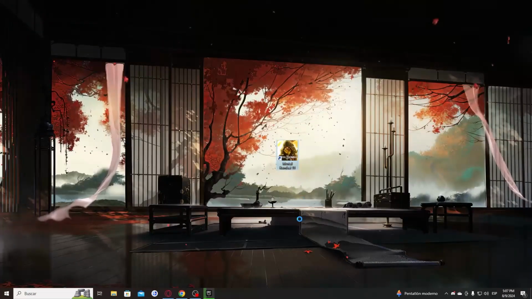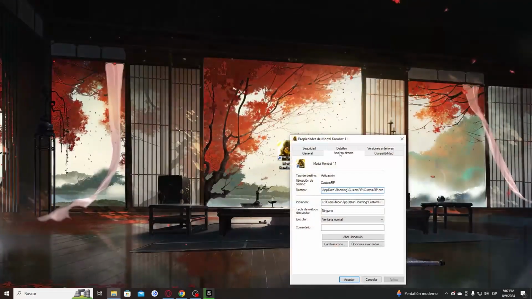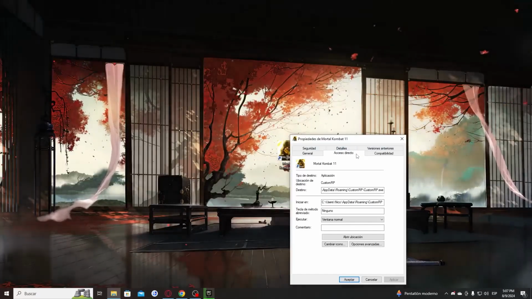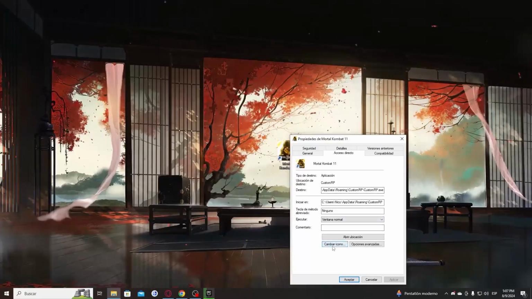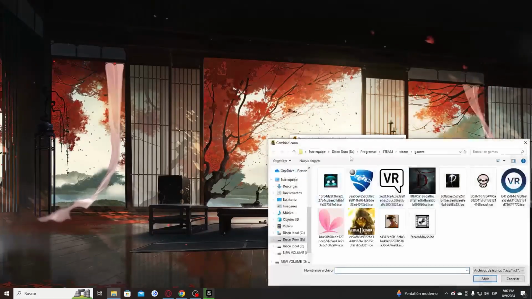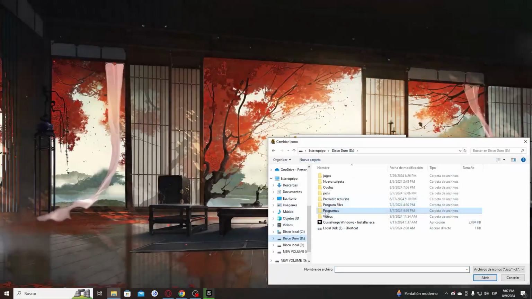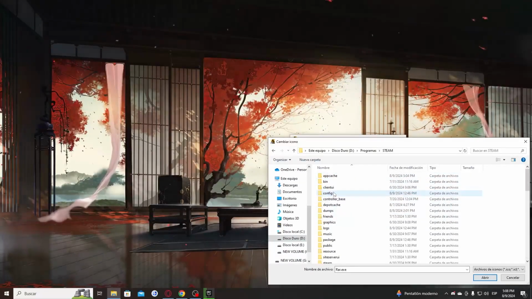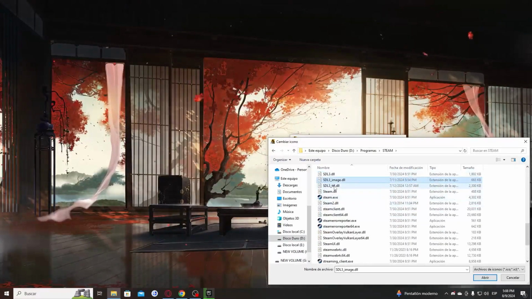So you have to right click, go to properties, and then you have to go to direct access window here and change icon. So you have to press browse here, and then you have to go to the folder that you have Steam. In my case it's programs, and then Steam, and then you have to find Steam again,